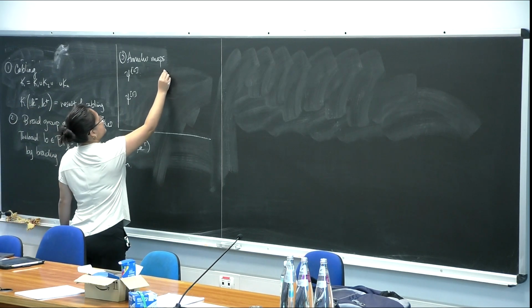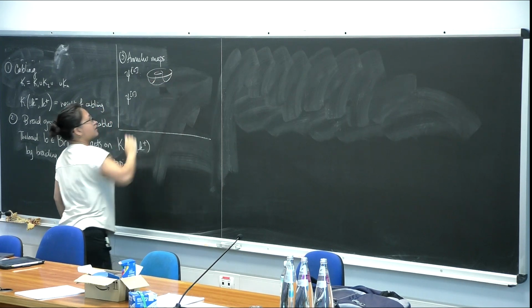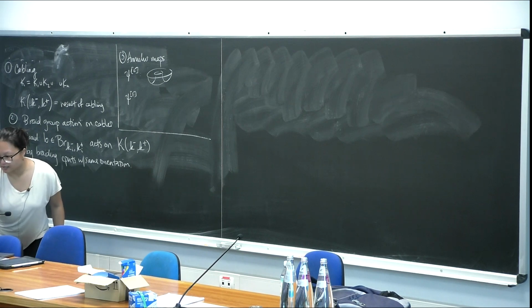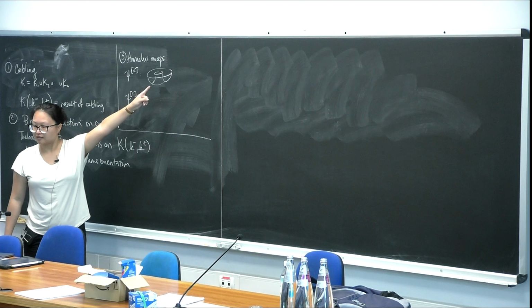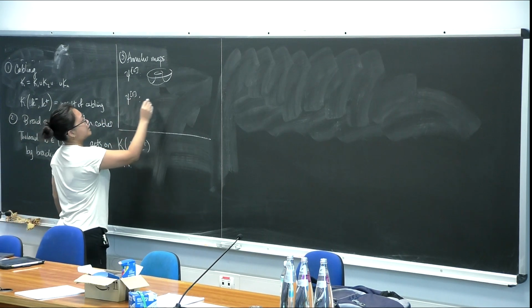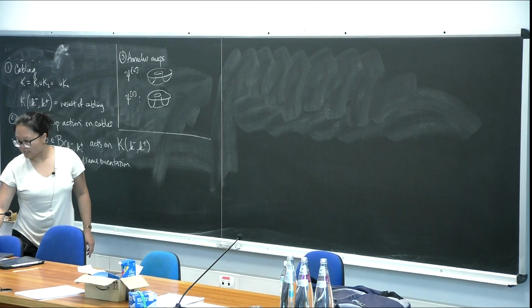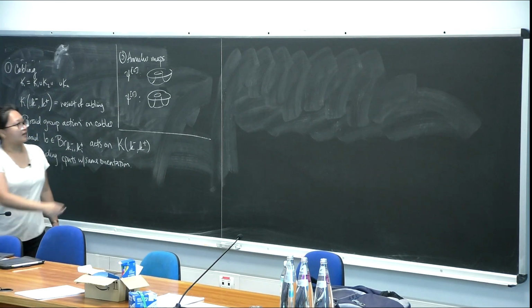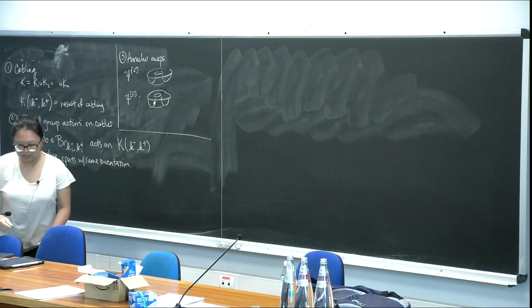This one is the map that goes from, let's say, here to here, that does not have a dot on it. Okay, and then there's the one with 1 dot, which also goes from the same domain to the same target, but has a different quantum degree. Okay, and with this notation set,